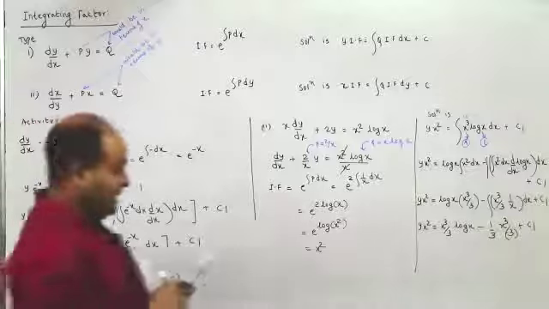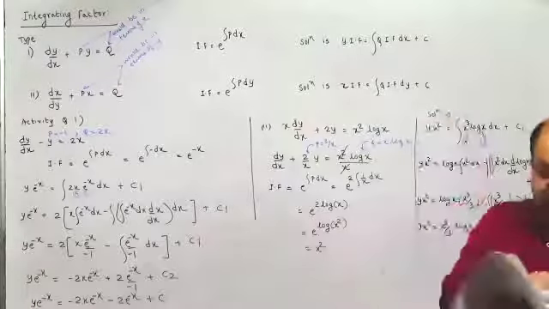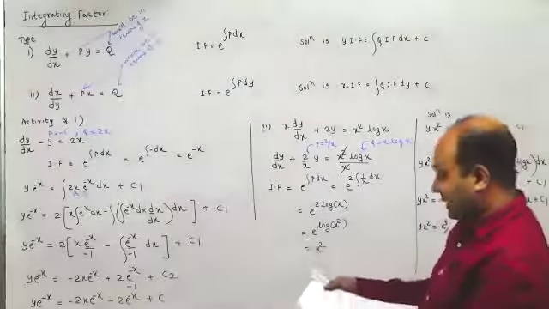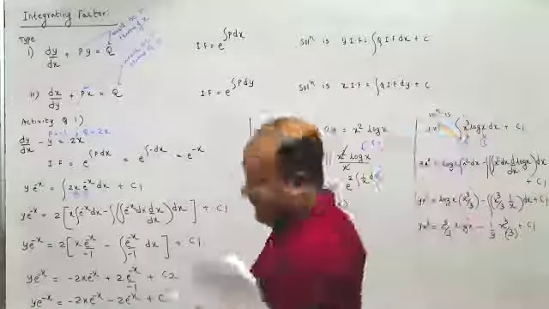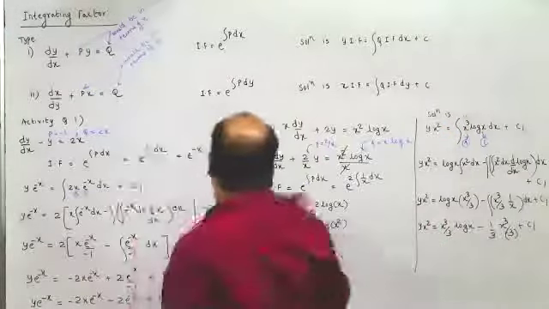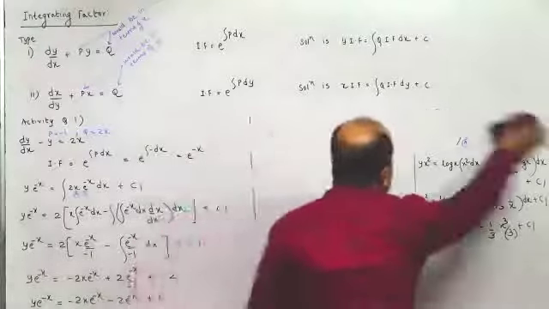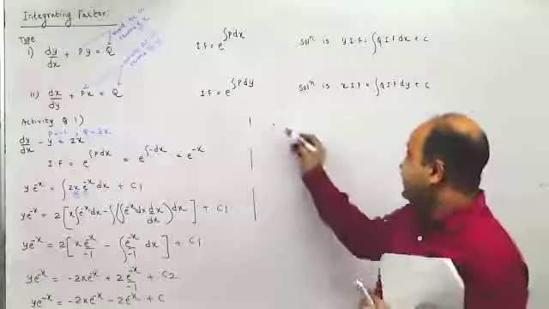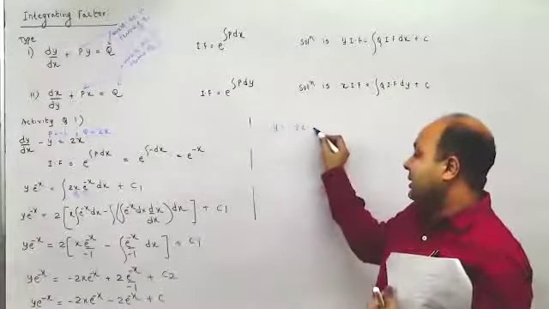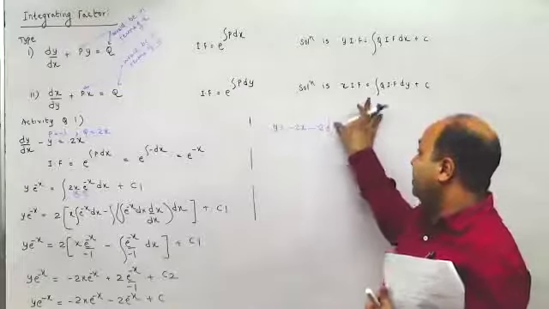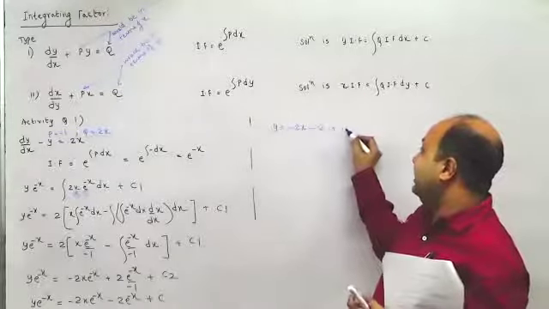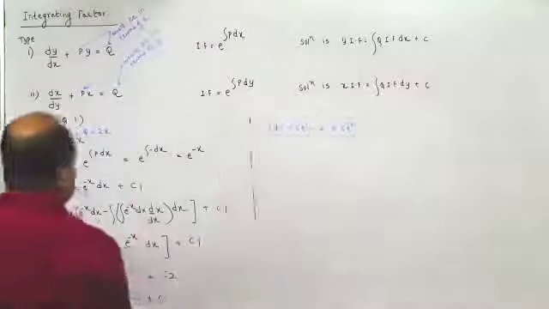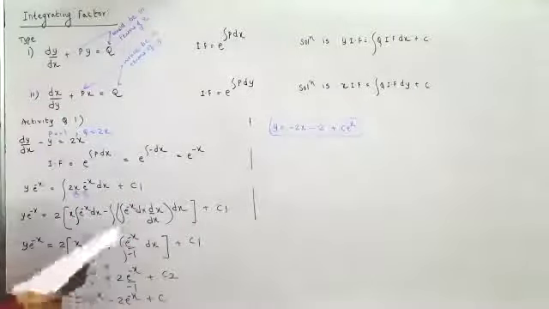Can someone verify it? In fact, it is from the activity itself. Yeah, they have divided throughout by e raised to minus x. So it became y equal to, when you divide both sides, you get y equal to minus 2x minus 2, and here plus c upon e raised to minus x, or c into e raised to x, or rather I'm multiplying throughout with e raised to x. Just one more problem and I'll call it a day.